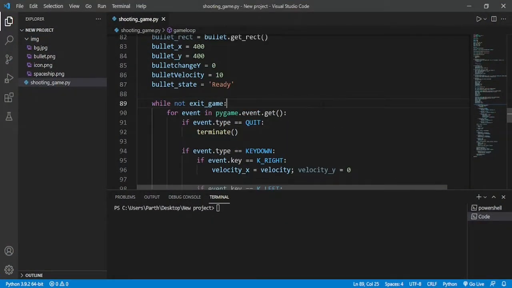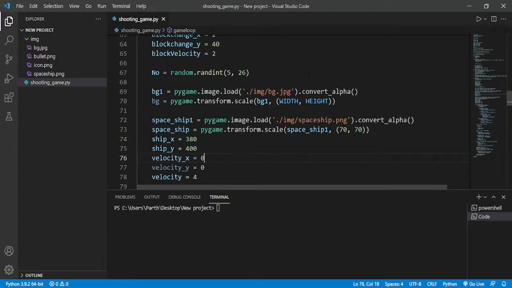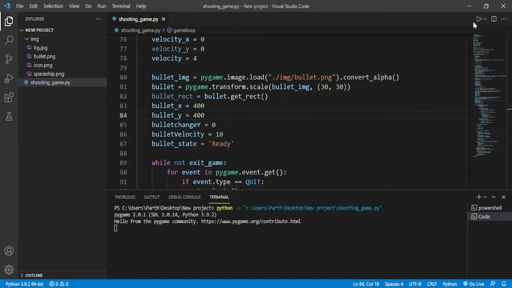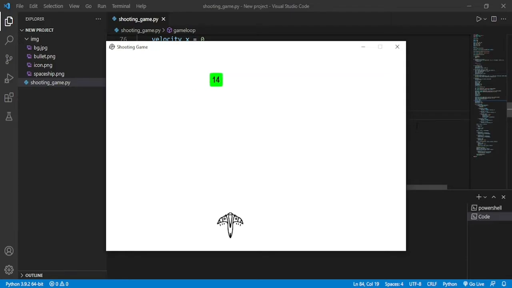Before defining anything, let's just play our game and see what it looks like after 10 videos. Now we have been able to make a decent game in 10 videos. Now we are able to play it. It is an entirely different thing that I am not able to shoot the target, but I think we are able to make a decent game in a few videos, as you can see.